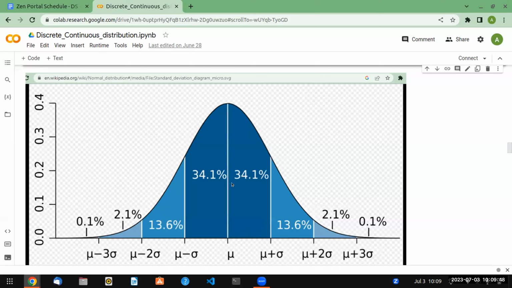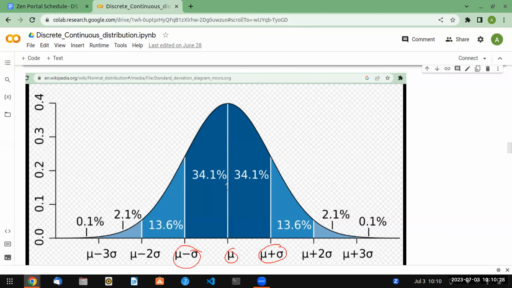So this is the benefit of knowing the known distribution. If you have some unknown data provided to you and you explore it and find that your data is following this type of distribution, then you can immediately say 68.2% of the data is falling between this range to this range. Or I can say 97% of my data is falling between this range to this range. That means mu. Here, this is mu, and the next point is mu plus sigma, and mu minus sigma.